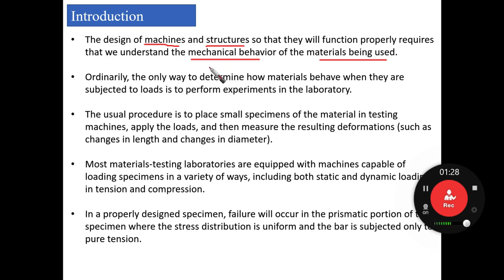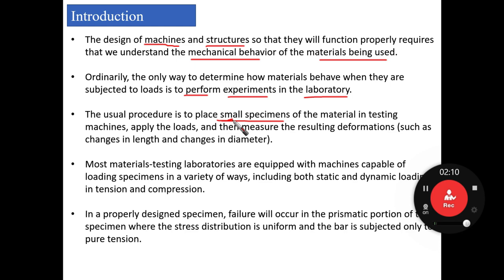Commonly, the only way to determine how materials behave when they are subjected to loads is to perform experiments in the laboratory. This is most commonly used, and I think that most of you have experienced before an experiment in the laboratory that provides the mechanical behavior of the material, whether for steel or concrete. The usual procedure is to place small specimens of the material in testing machines,